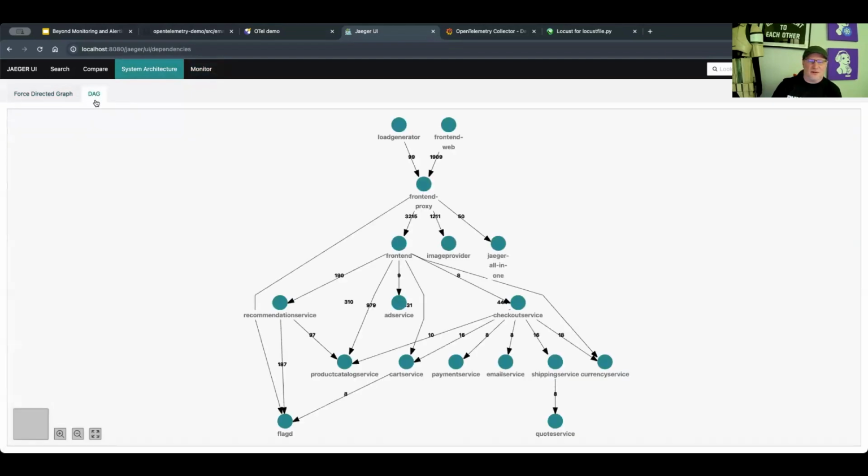And I'm just going to go to this DAG view, this diagram view of how this application works. And for me, this is cool. This is one of those areas where I did nothing to get this aside from just booting up the demo itself. It figures this out based on the system calls that are being made. So yeah, there's that load generator that's generating traffic to this front end proxy, which passes traffic onto the front end, and then more, right? So from there, that front end communicates to the checkout service, which communicates to all these